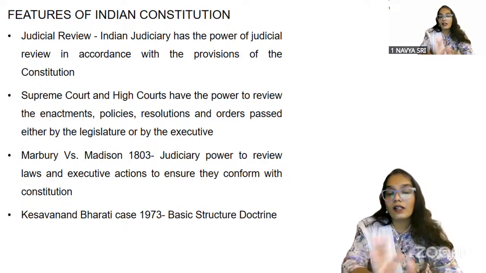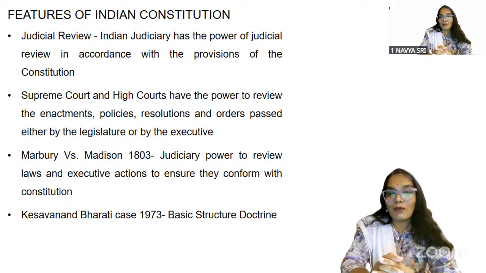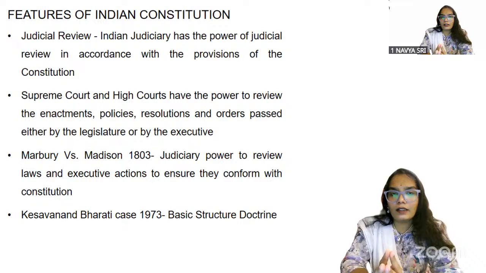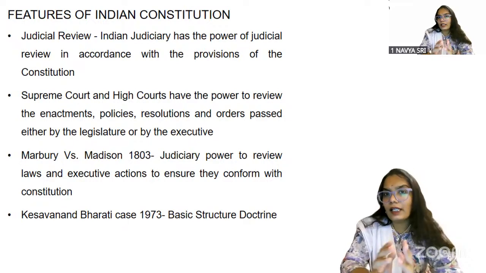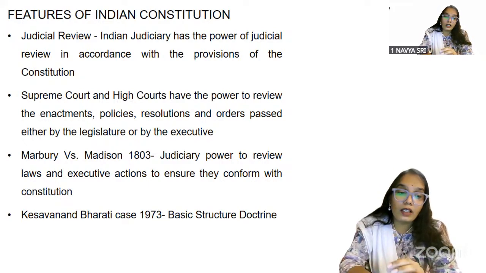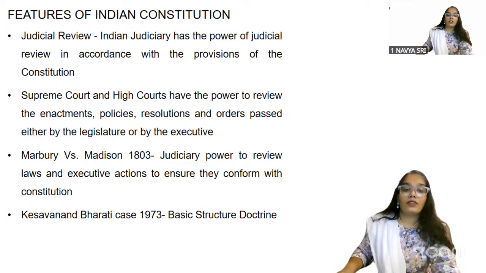Now, what do I talk about this judicial review? Let's say, suppose, there's a classic example. Initially it was said that the parliament has power to amend the constitution. So it could amend any part of the constitution. Now this has been replaced or overthrown in Kesavananda Bharati case 1973, which said that the parliament's power to amend the constitution is limited. So it is limited in the lines of basic structure. Basic structure of the constitution has to be maintained intact. Then only the amending powers will be kept intact.